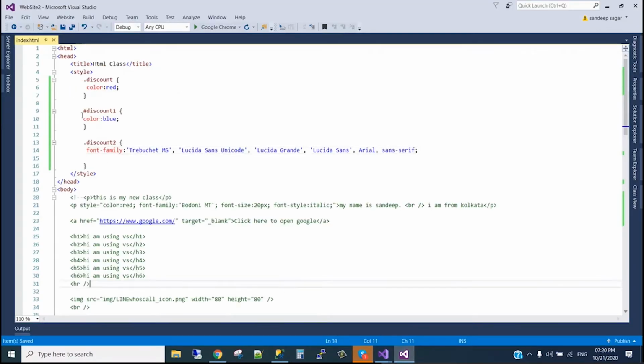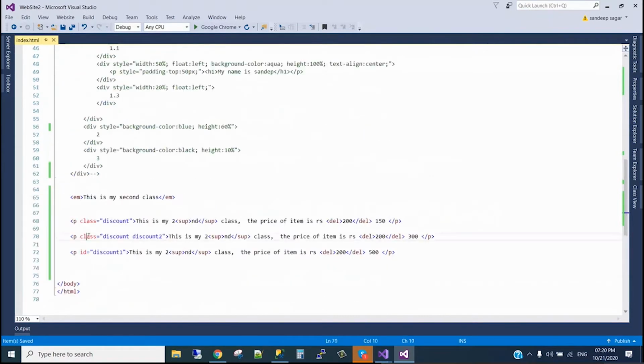So more than one class can be applied and written in the class part. We can use multiple whatever we want, but an ID cannot be multiple, and we can only define it once. A class can be multiple, and one paragraph can have multiple classes.